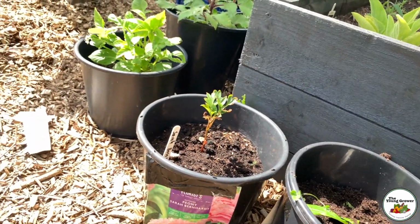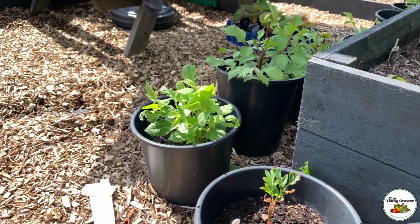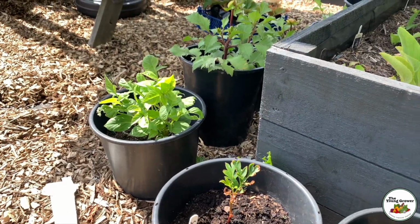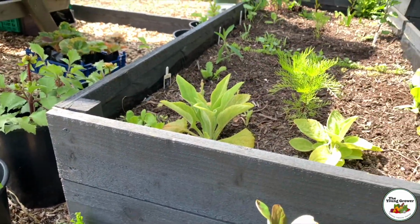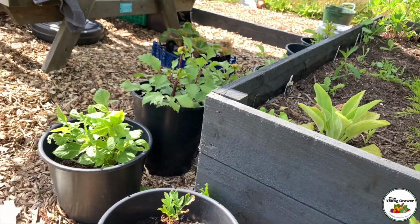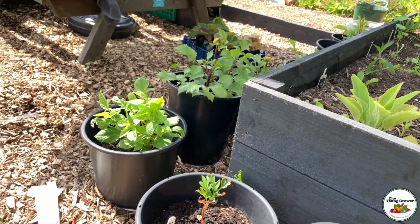But once we plant all these, we're not going to be taking them up again. They're going to stay in the ground permanently. Here in the southwest we don't get a strong winter. Quite a lot of the plants that should have died over winter actually survived. So yeah, we're going to leave these in the raised beds permanently and not remove them, and hopefully every year